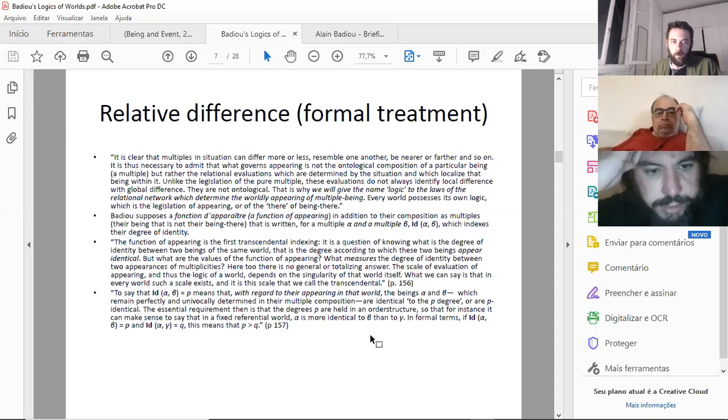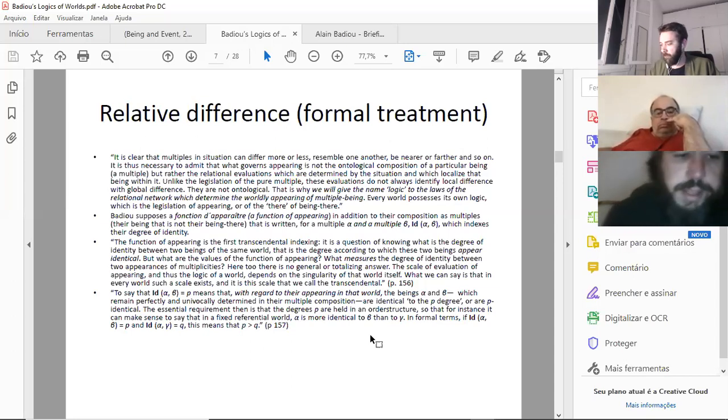The essential requirement is that the degrees P are held in an order structure, so that it can make sense to say that in a fixed referential world, alpha is more identical to beta than to gamma. In formal terms, if ID(alpha, beta) = P and ID(alpha, gamma) = Q, this means that P is bigger than Q, right? So it's just a definition of an order structure